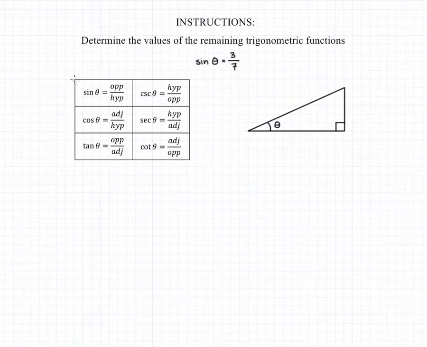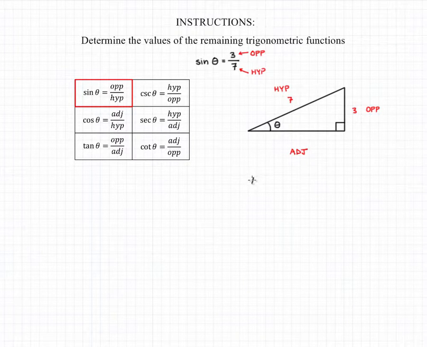The key to answering this question is to use the definition of what sine of an angle is, the opposite over the hypotenuse, in a right triangle, to create a right triangle, find the remaining side, and then figure out all of the remaining trig functions. So we know that if the sine of theta is 3 over 7, and the opposite side is 3, the